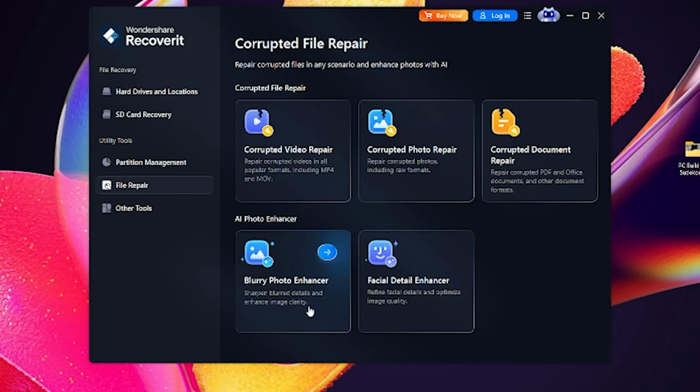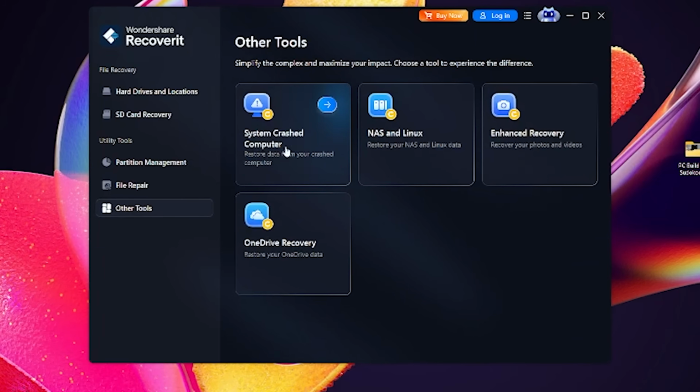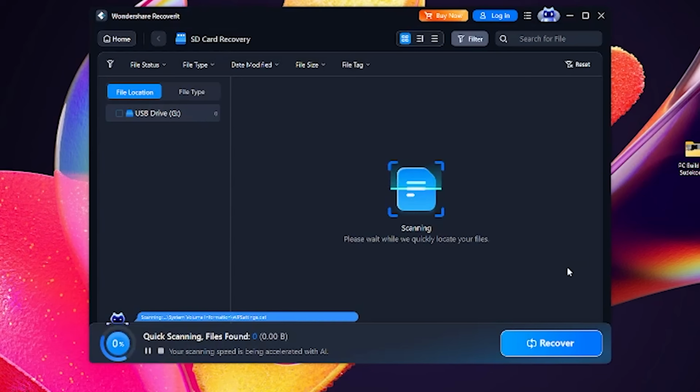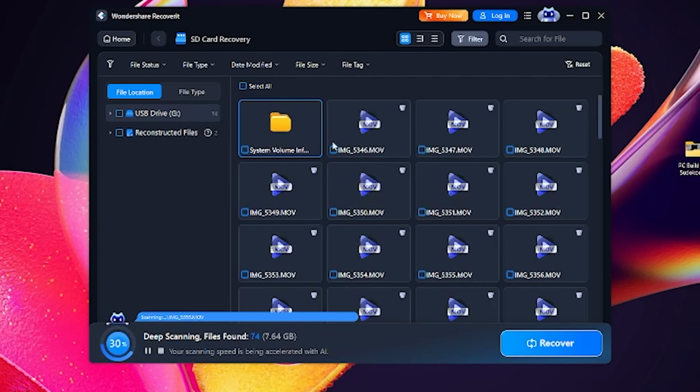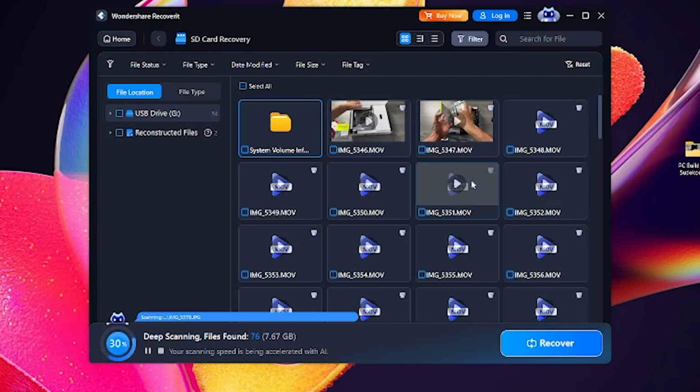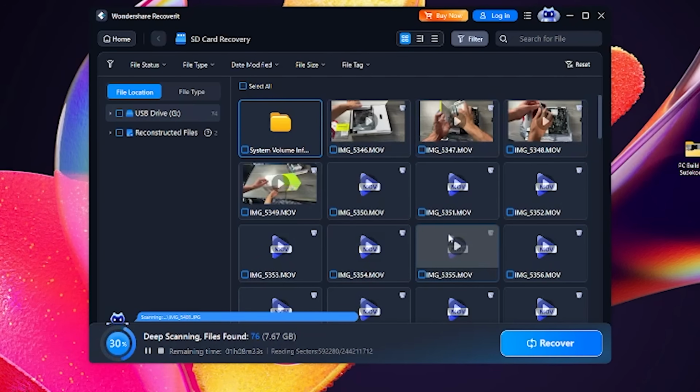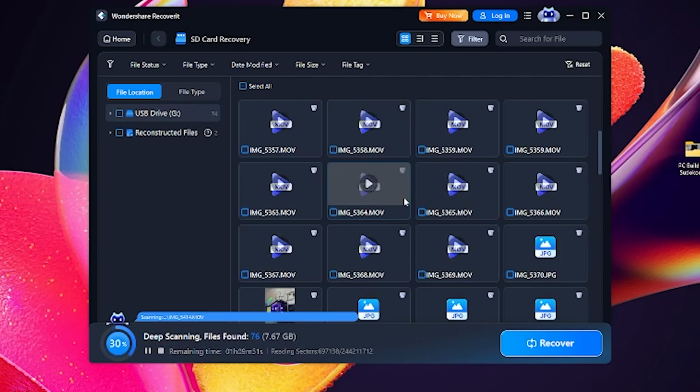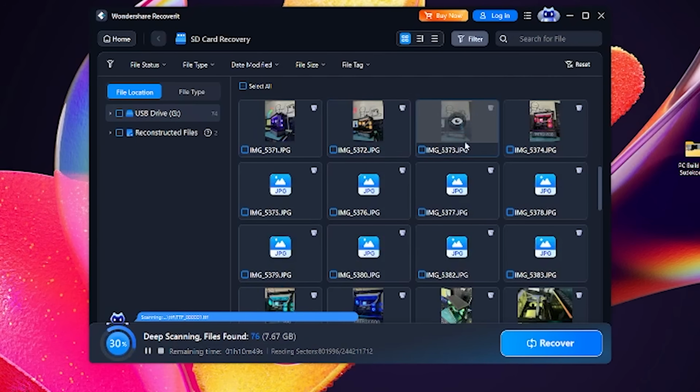So what you're seeing now is Wondershare Recoverit. The main interface lists the internal and external storage connected to the computer, and this is the formatted SD card with the correct capacity. So I will select it and start the scan. The basic workflow is straightforward. Select the affected device, scan it, preview the files that have been found, and then recover the files you need